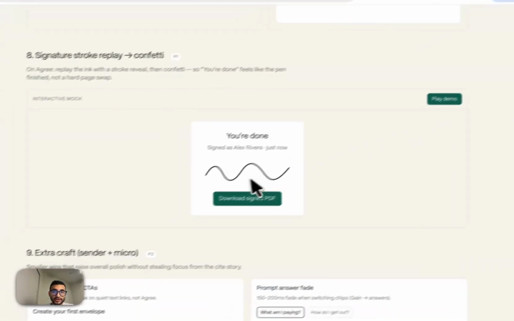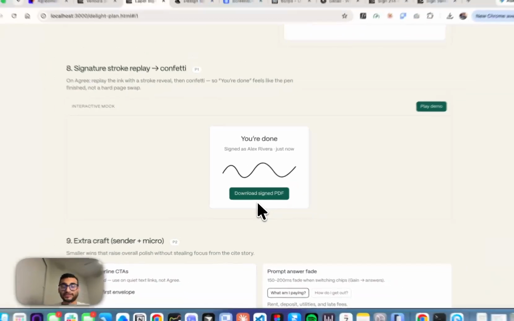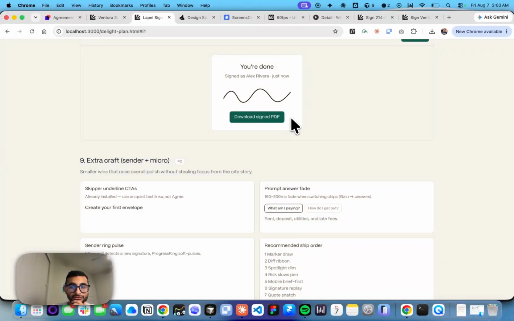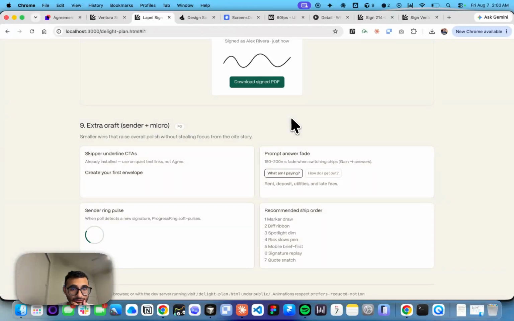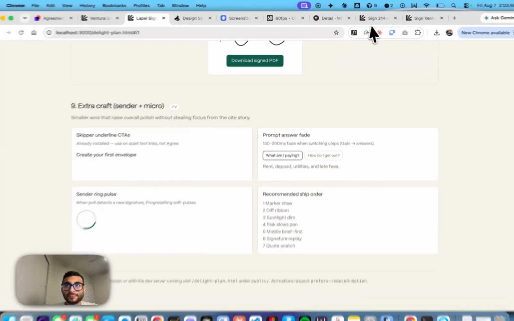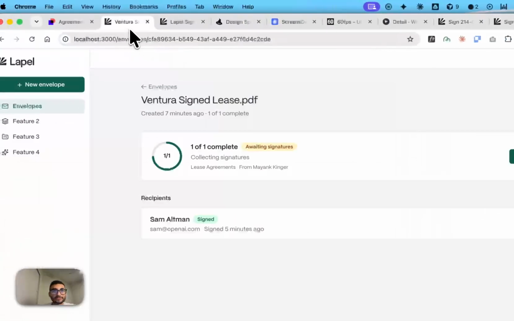So even when the signature is completed, replaying it gives a sense of personalization for the user that they've done this. It's a you're done sort of achievement. So I used some of these to add that experience to my prototype itself, and that's how I sort of just went through it,